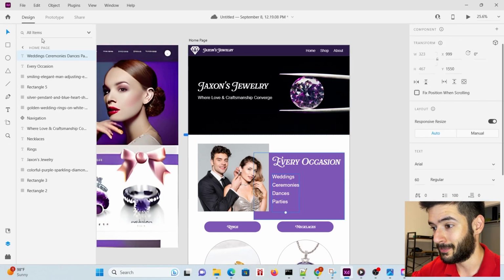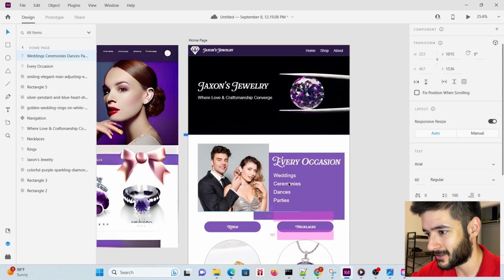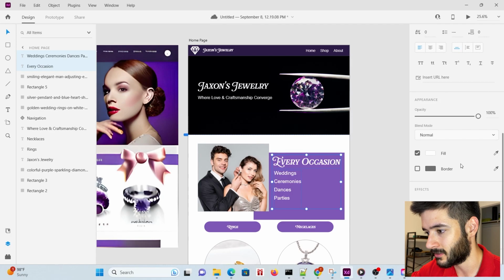And here's where we're gonna put every occasion and list out some of the occasions that we provide jewelry for. So we're going to put weddings, ceremonies, dances, and parties, and then we're going to grab these and position them to the left